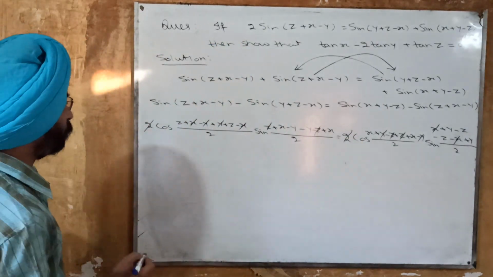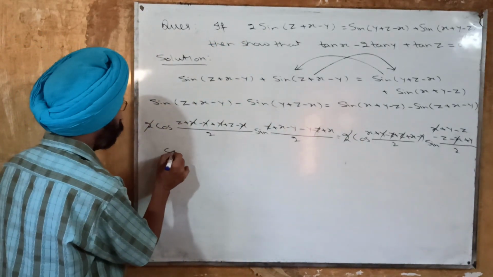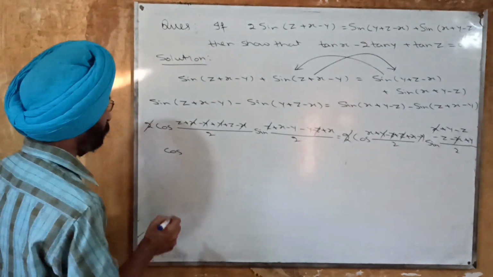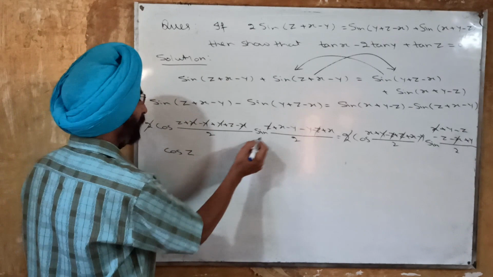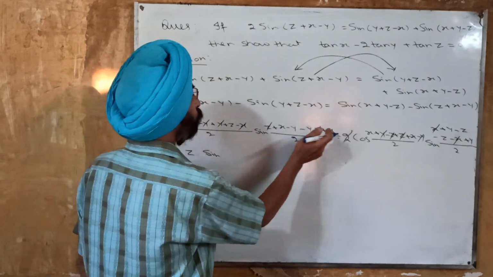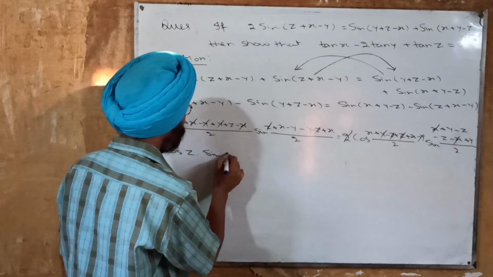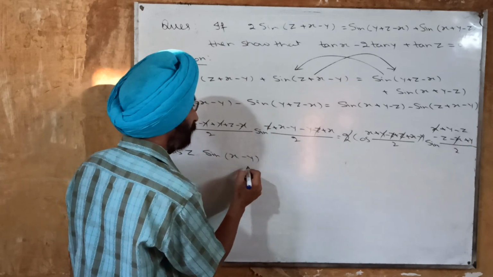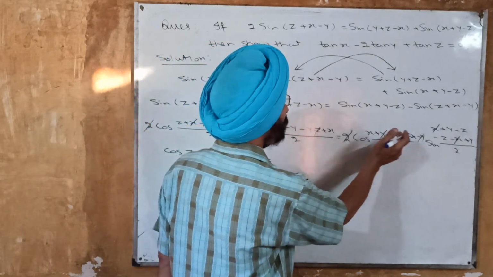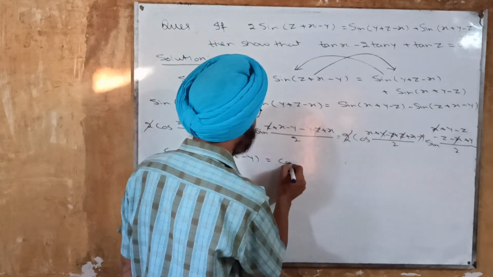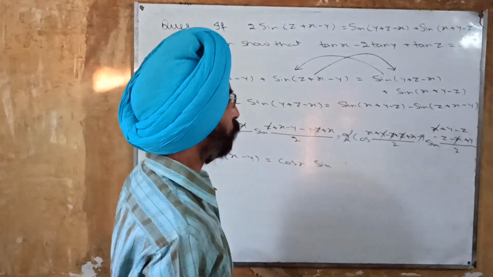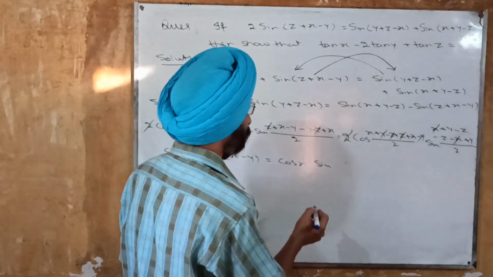So what we are going to get now, it is cos, this is z plus z by 2, that means cos z, and now sine, this is 2x minus 2y by 2, that means x minus y, is equal to, on the other side, cos x plus x, 2x by 2 is cos x, and sine, it is 2y minus 2z by 2, that means y minus z,